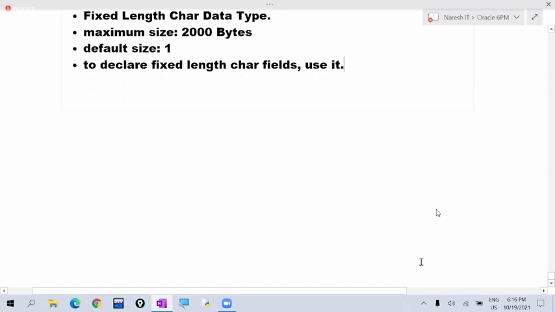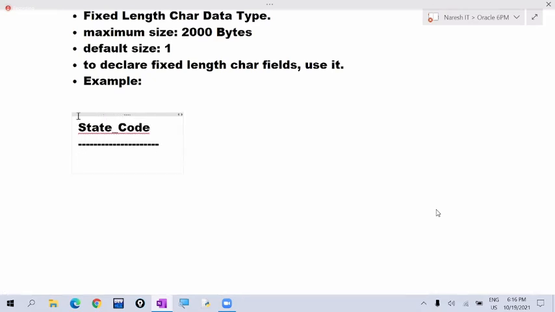Listen, for example, see some examples I'm giving here. I want to hold state code. State code is the column. If the state is Telangana, I want to hold TS. How many characters are there in TS? 2 characters.